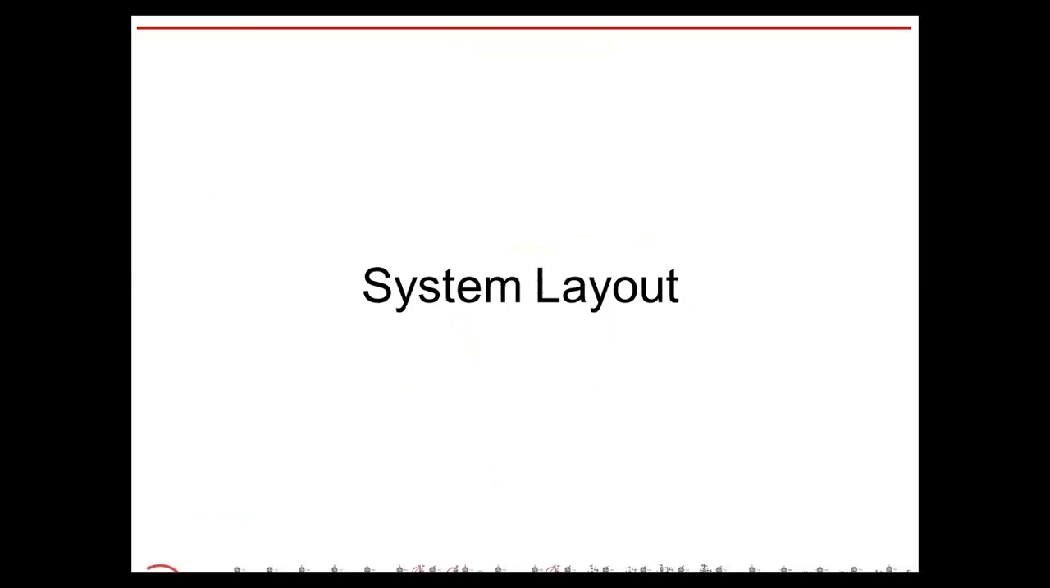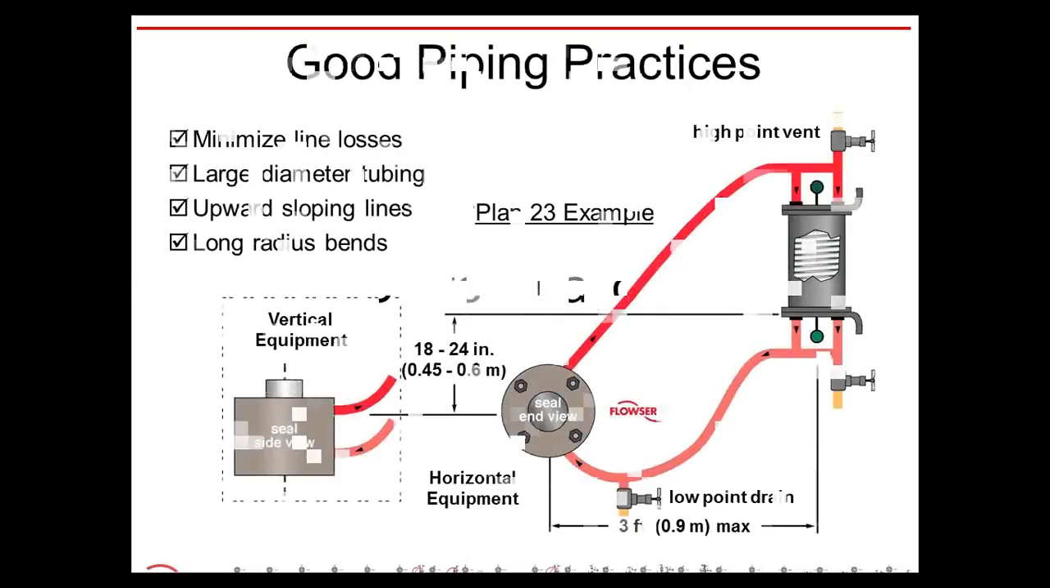Okay. Lastly, we have some system layouts. When applying an auxiliary, this is, for example, a Plan 23 orientation where you have a seal cooler. This is the Plan 23, as you recall, that was for the single seal with the seal cooler. You have to lay these things out so that they fit into a certain envelope, because if you don't, they